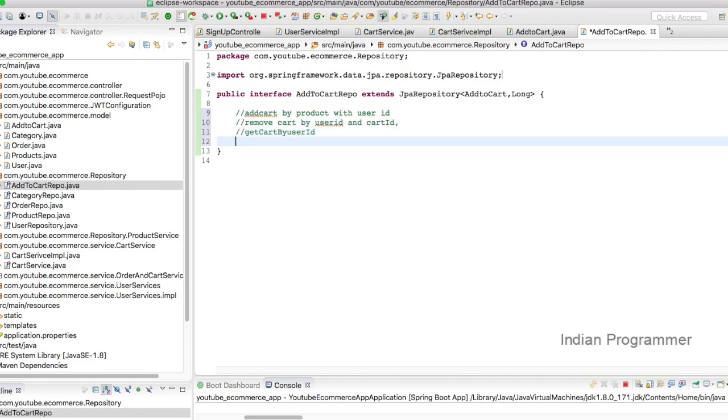Okay, so add cart. For add cart we need to save, right? So it has to be there. Okay, this has to be done, no problem. So remove cart we can do here only. So get cart by user ID, so it has to be